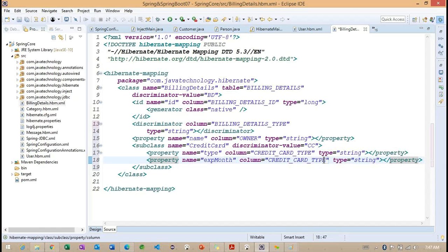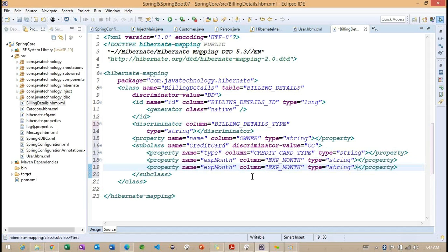Expire month. Okay, so we can work on the string only. Finally, expire year here, and string.